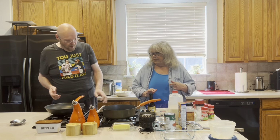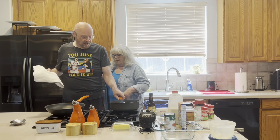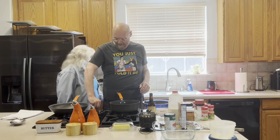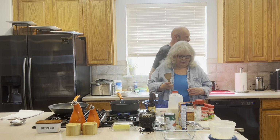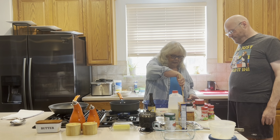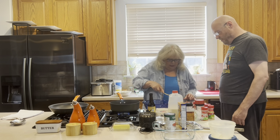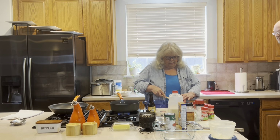Okay. I'm going to need these 2 burners to start on the meat. This is not going to be easy doing different things. We probably should have done one at a time, but that would take forever and a day. I'm just going to get the meat for the meatloaf. I was going to show you a secret. If you section it, because it's 6 1/4 pounds,